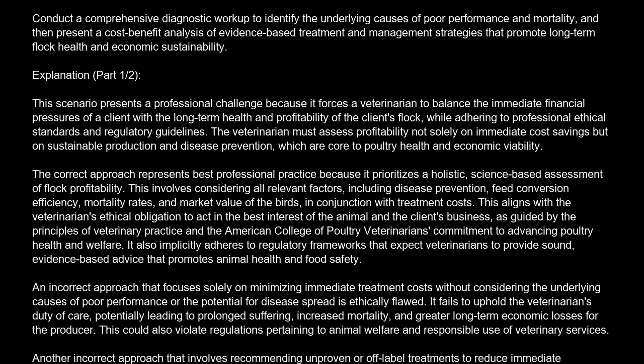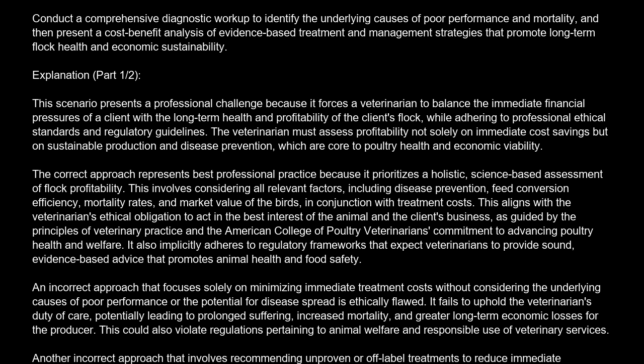This aligns with the veterinarian's ethical obligation to act in the best interest of the animal and the client's business, as guided by the principles of veterinary practice and the American College of Poultry Veterinarians' commitment to advancing poultry health and welfare. It also implicitly adheres to regulatory frameworks that expect veterinarians to provide sound, evidence-based advice that promotes animal